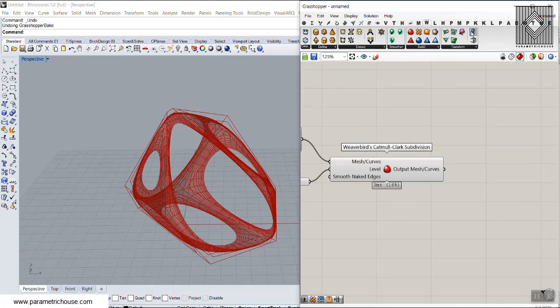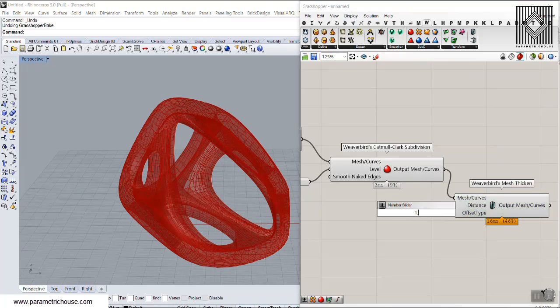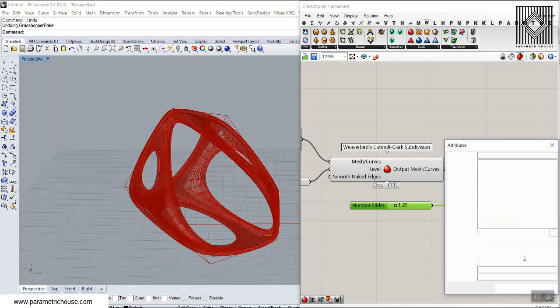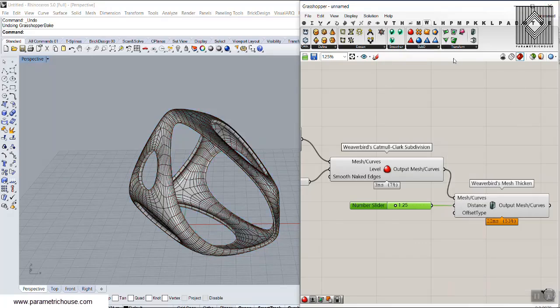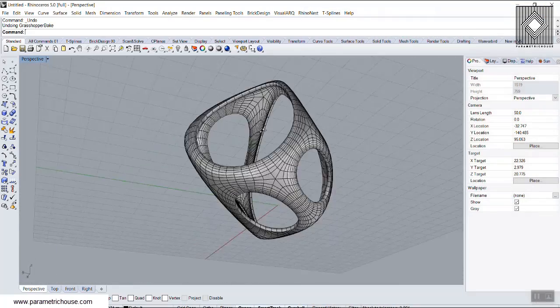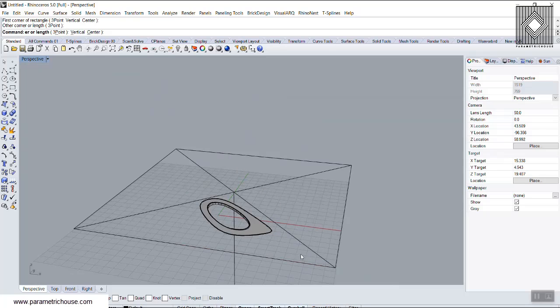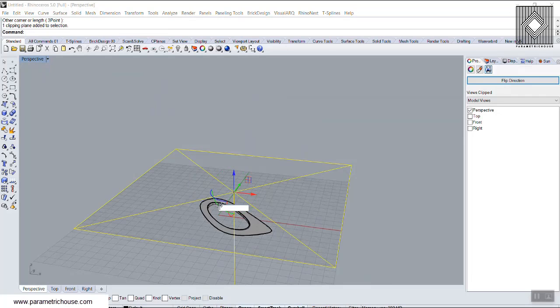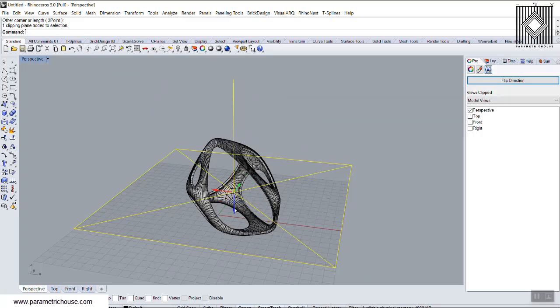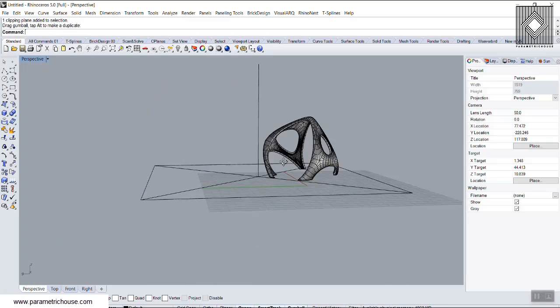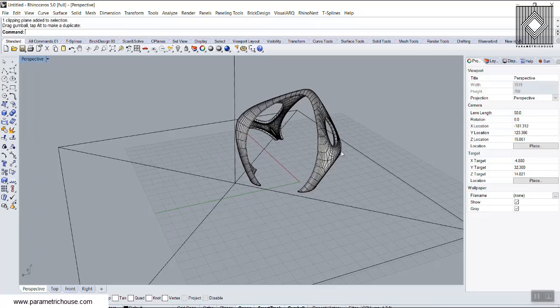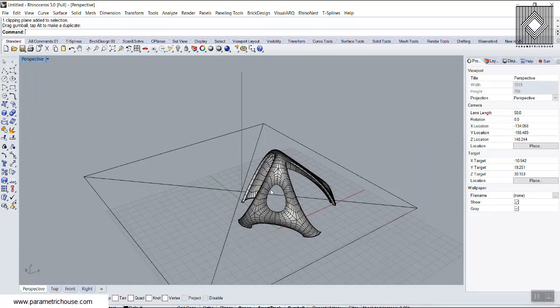We can also use the mesh thicken tool to give this a thickness if you want, maybe 1.25. This can also be a good design for conceptual architecture buildings, so you can also see this. There's a mesh. We can also again use the clipping plane, and let's just clip this a 180 rotation, and we can just, okay, so you can see that this can also be a building. So if you want the windows, we can simply,